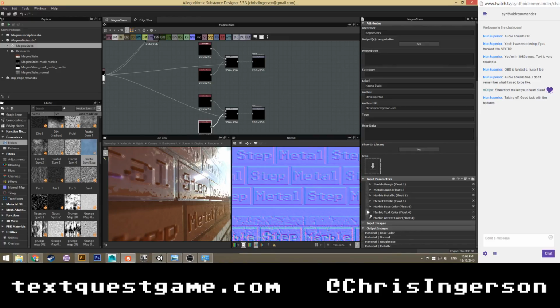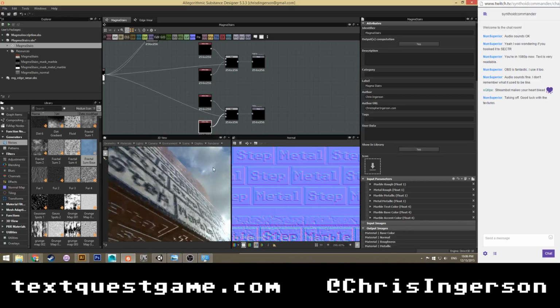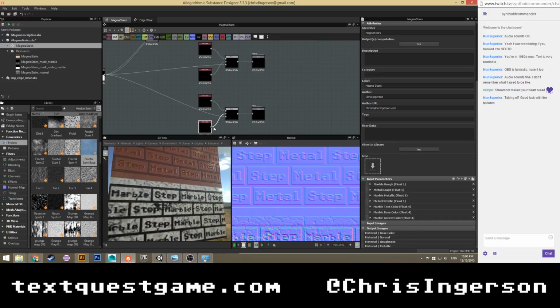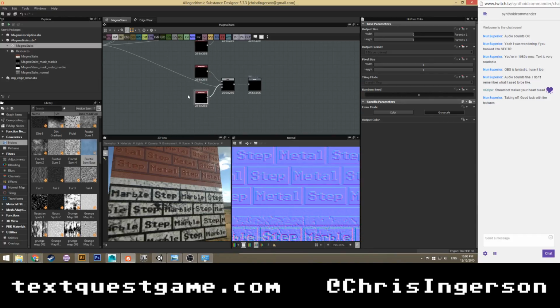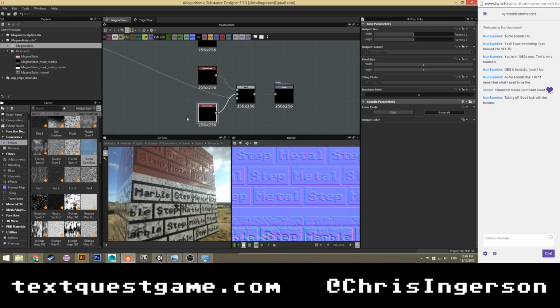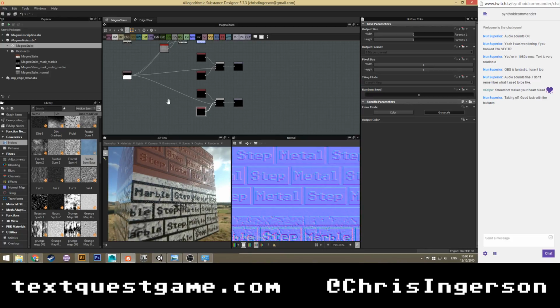All right, let's move that above base color for the time being. Sweet! Oh dear. Oh, it seems like everything went to crap. Well, give me a second here. I will fix that. So bottom, so that's going to be metal.